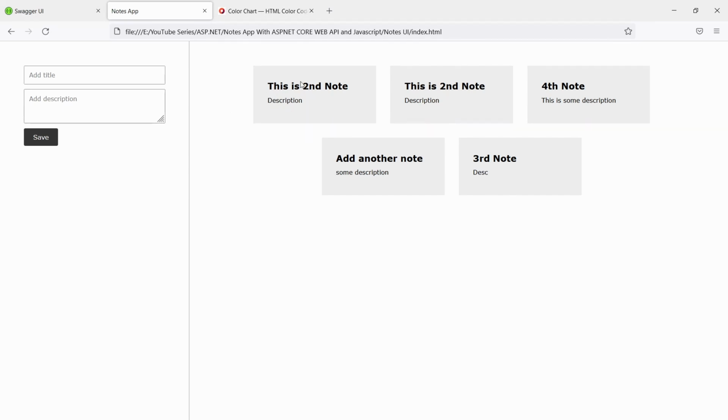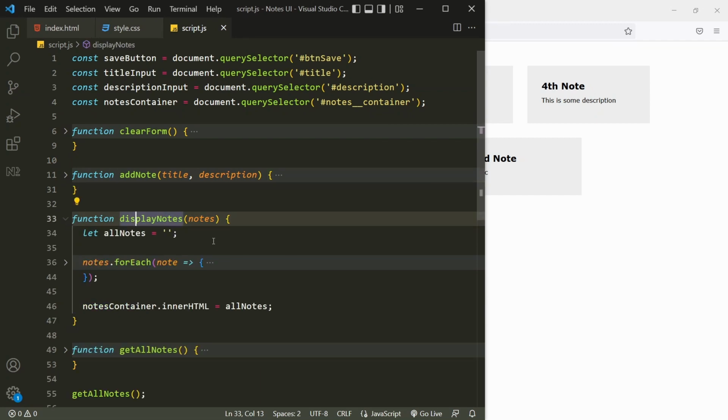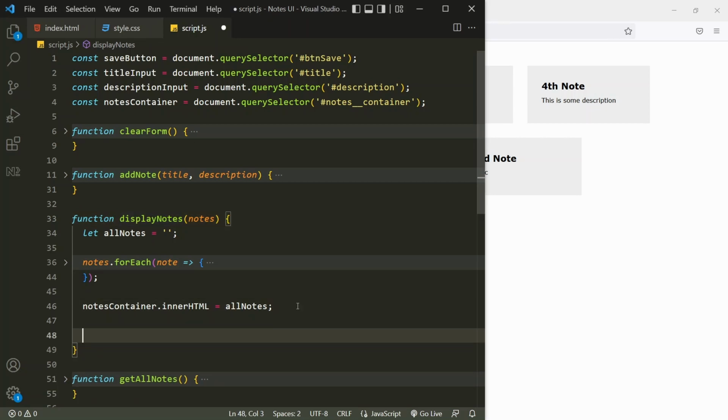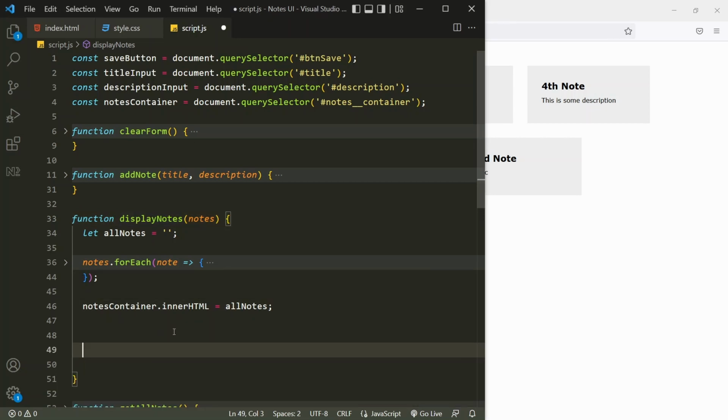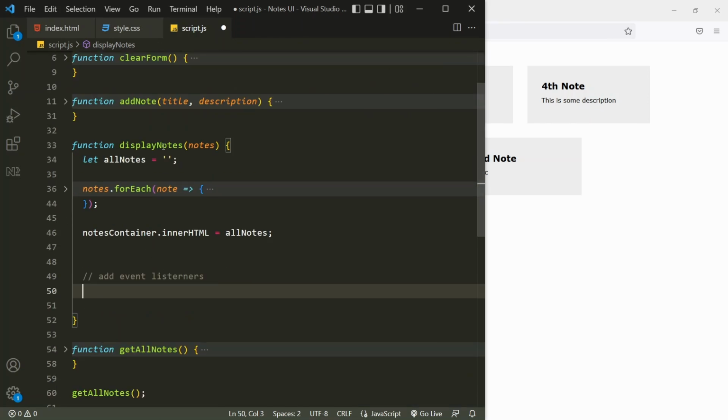So we have to somehow have an event listener when this box is clicked or when the note is clicked. We want to populate this form back. So when we are displaying the notes, we want to add event listeners for all the notes. So after this inner HTML update, we want to add event listener, something like that. And then we will use the note class to basically get all the notes. So we will say